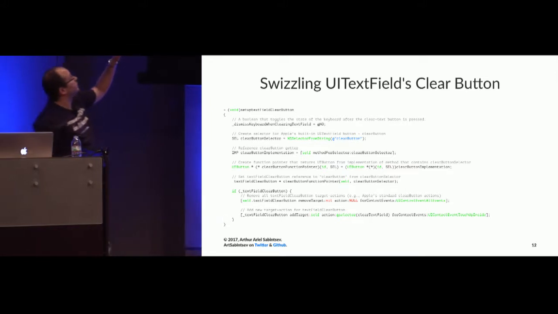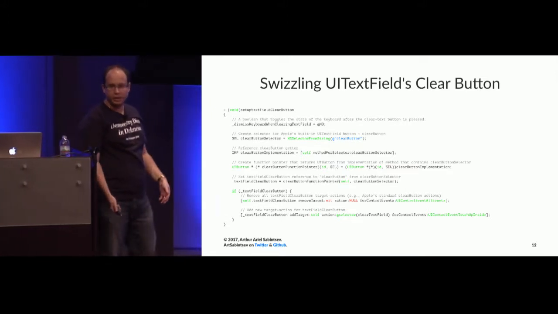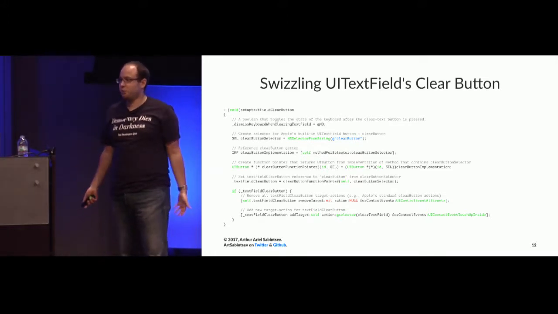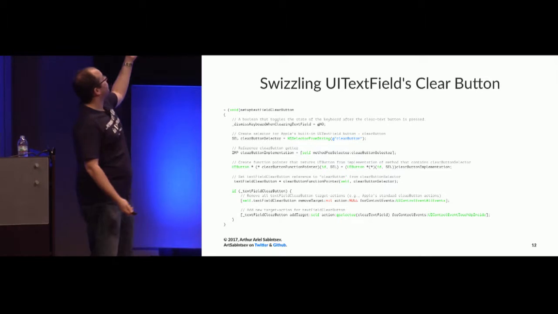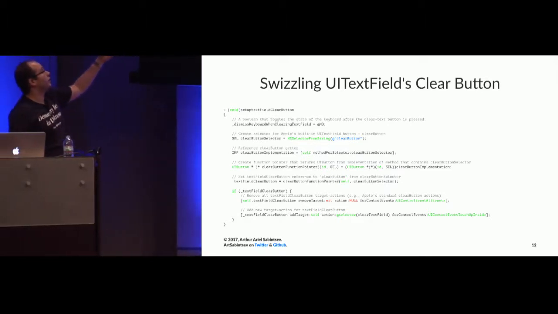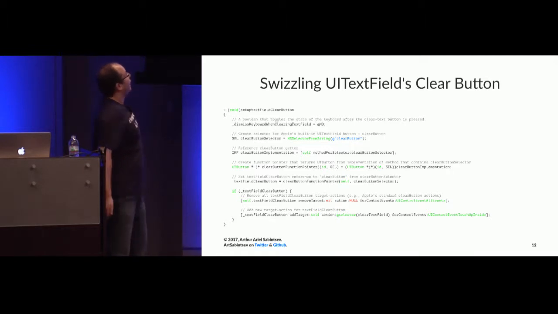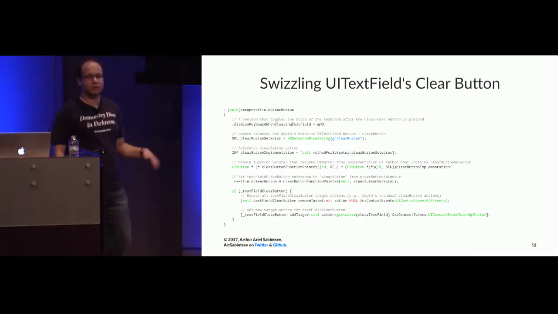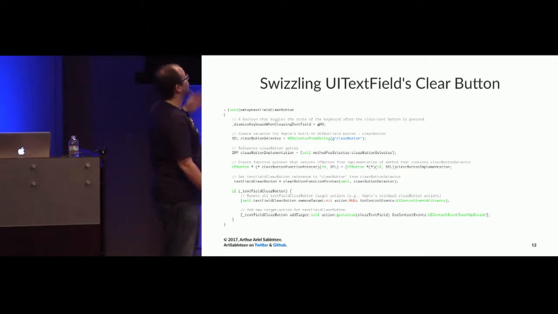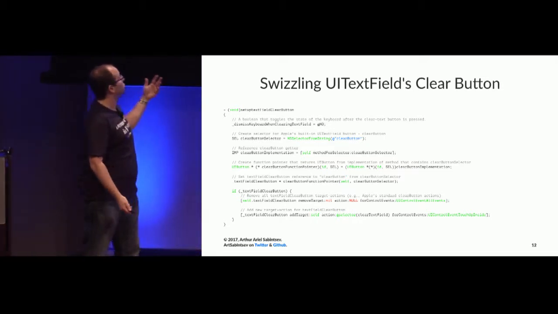The first thing I did was get a selector to the clear button. Apple has a tendency to name things very logically, so I deduced by brute force that the button is called clearButton. From there, I referenced the getter for clearButton using the IMP keyword, and from there I was able to create a function pointer. All of these things I did not know. I did research on how to swizzle. Once I understood what I was looking to do, I just Googled accordingly and found out how to write this code. Eventually I got a pointer to the UIButton.